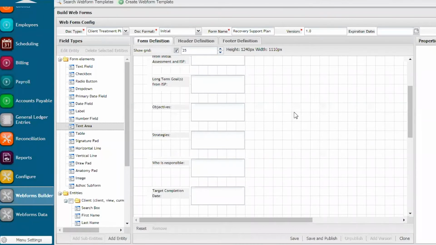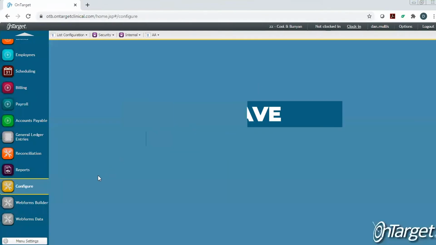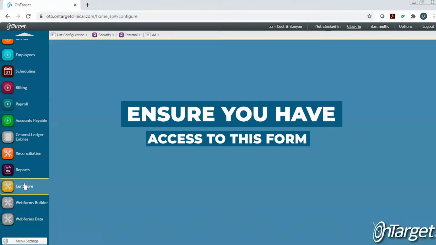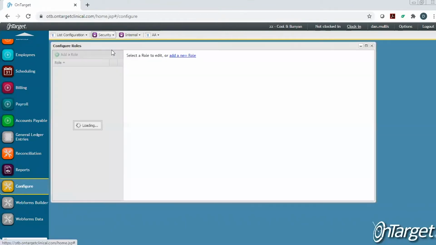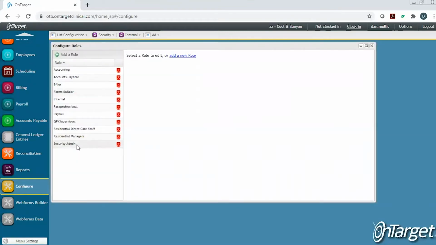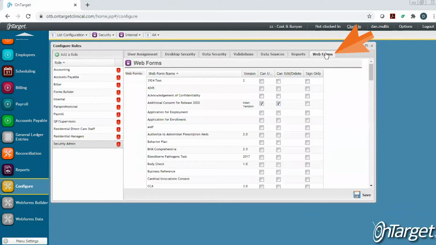Once you finish relabeling all of the text areas, all of those fields, remember to save the document. At this point, you can close the web form builder. Ensure that you have access to the form by clicking on Configure, Security, Configure Roles, select your role, click on the Web Forms tab,